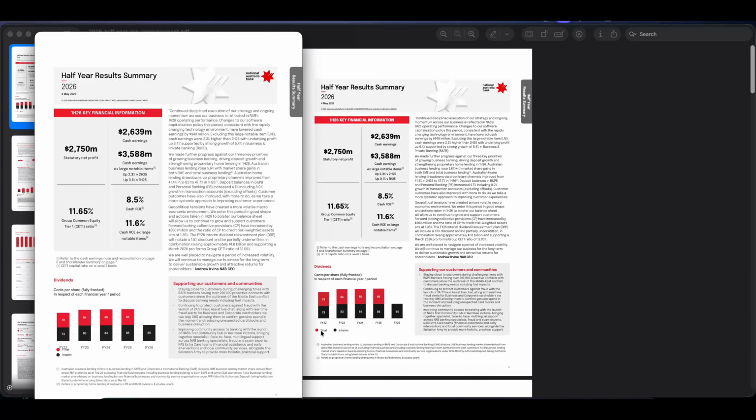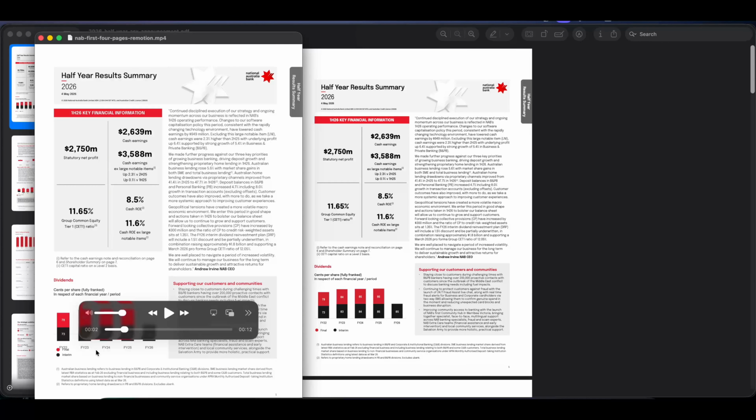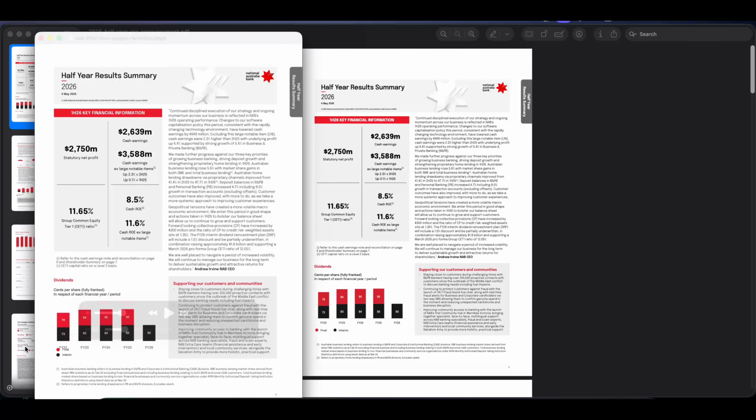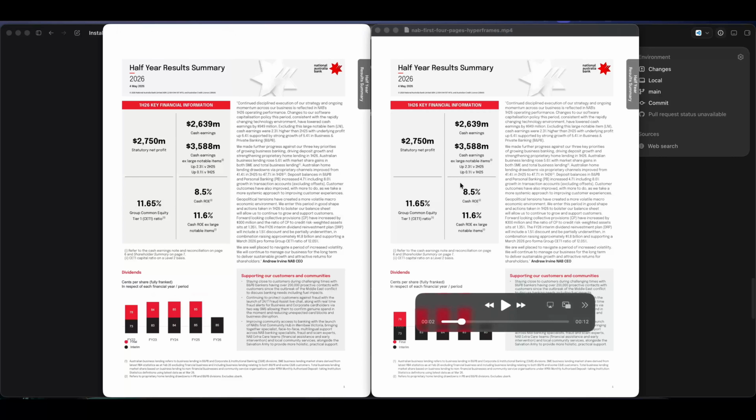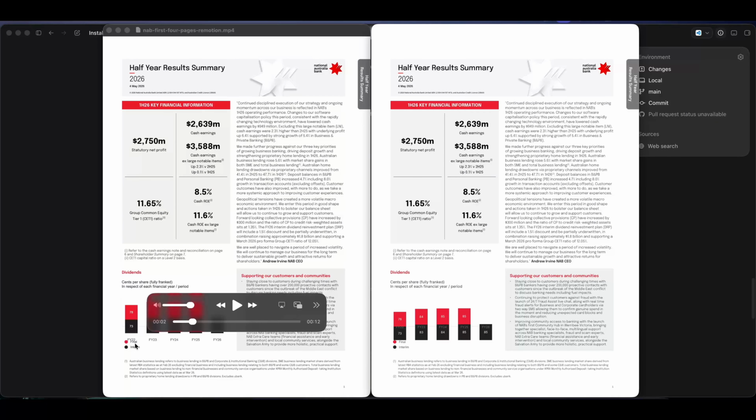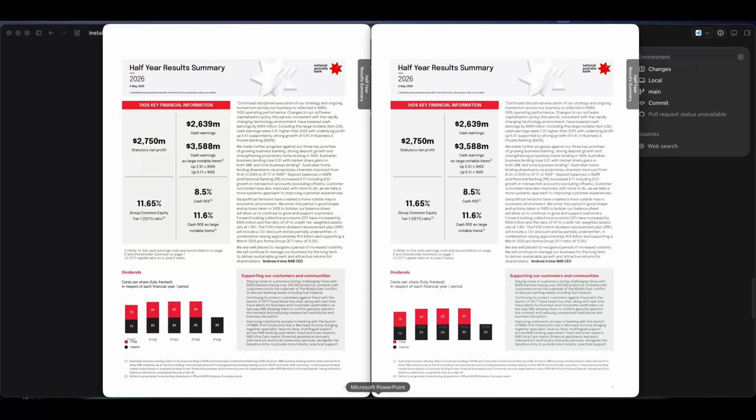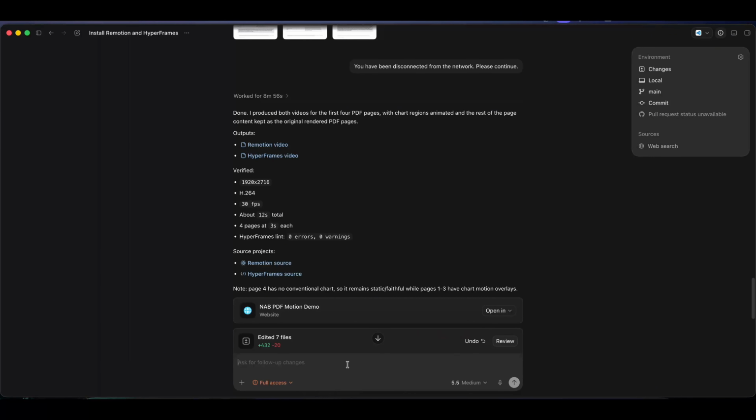The footer here, final and interim. For the video, it was going up and down. I'm sure we can edit that. And what about the others? You can see both the Remotion and hyperframe versions had final and interim problems. So let's try, we edit that. And we'll just try the first page to save my tokens. Let's ask for